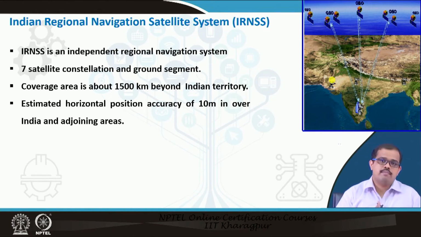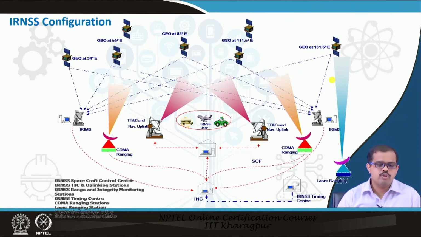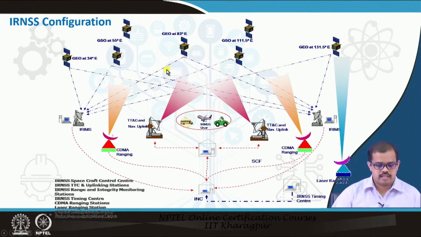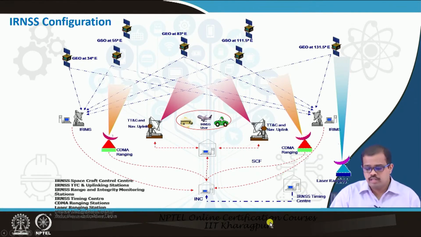So 10 meters, when you compare to GPS signals, we can acquire almost closer to 10-meter accuracy, which is extremely good. When we look at the entire IRNSS satellite system, these are different GEO satellites positioned as I spoke about before. Then you have the IMS station here, which is a receiving station whose exact location we know. Then you have a master control facility. Then you have the timing center, which gives you an input about the timing.